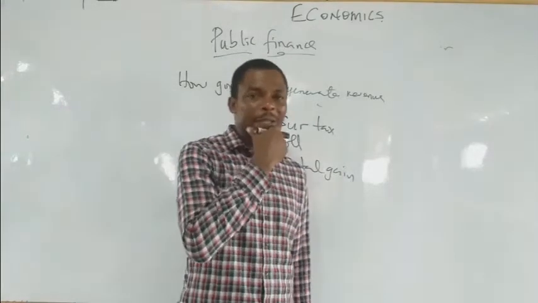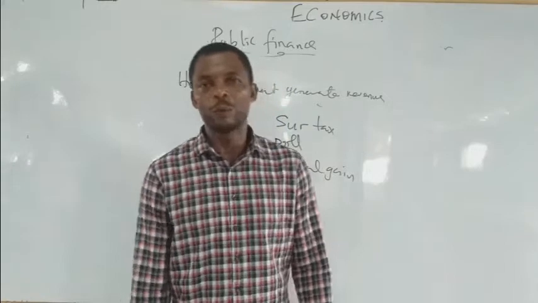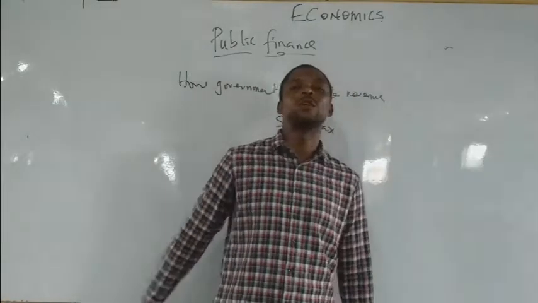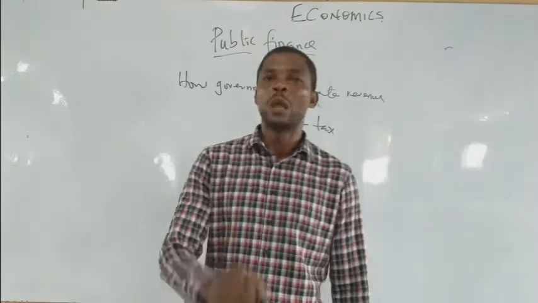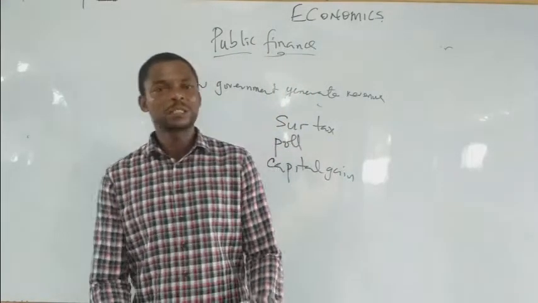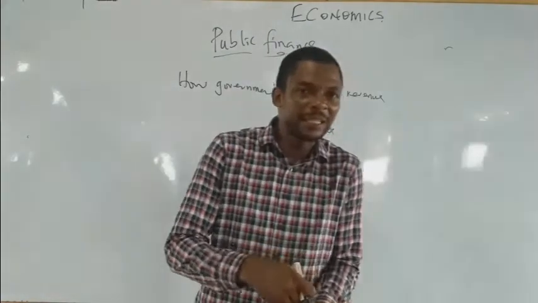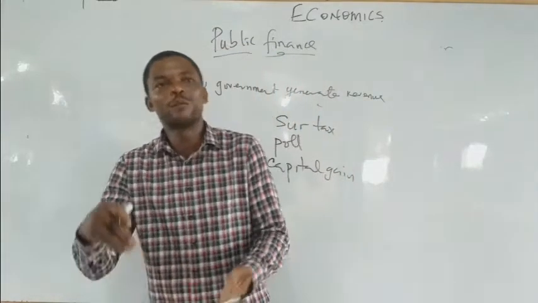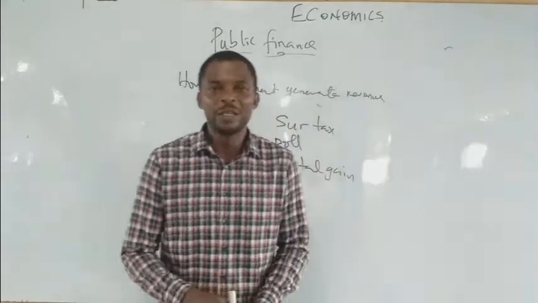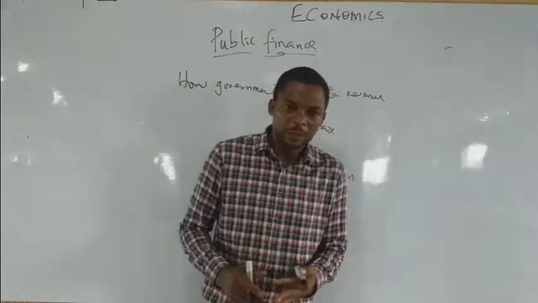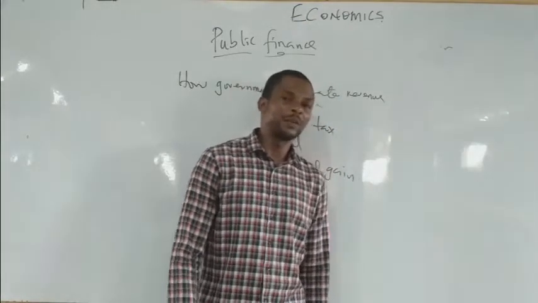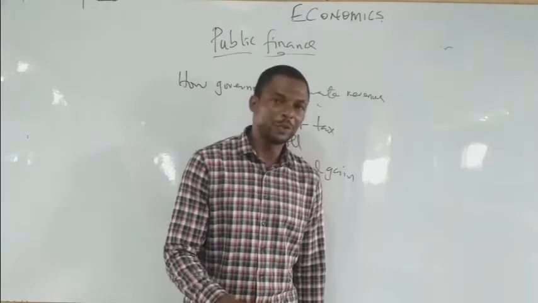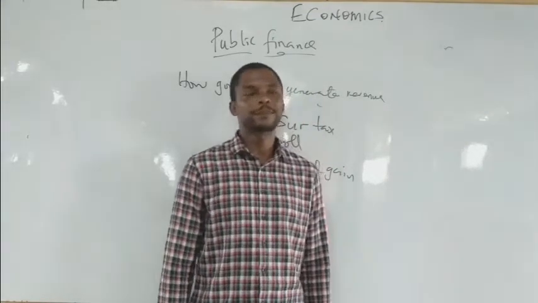Income tax. When you have any income, what do you do? You pay tax on the income. The tax paid on personal income. Yeah, that's the appropriate word to use. Personal income tax: tax paid on the income of the person that has generated money, or you have made some money from your salary. Such a tax must be paid. Sometimes it's usually paid before you're being paid your salary. Such a tax is personal income tax.